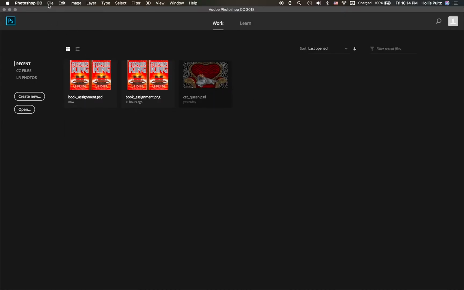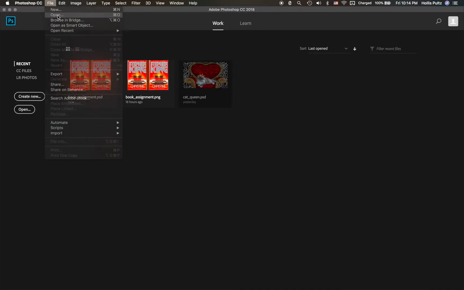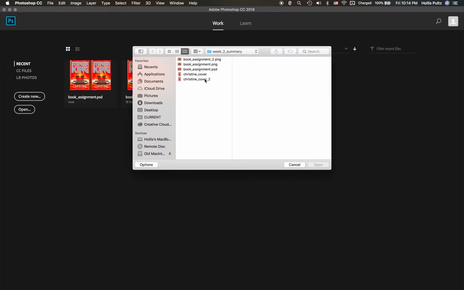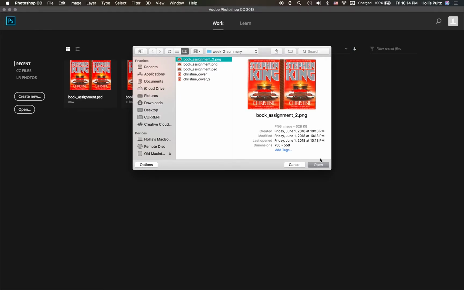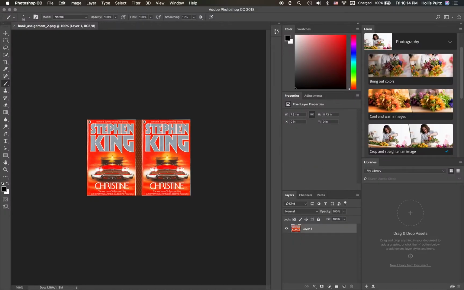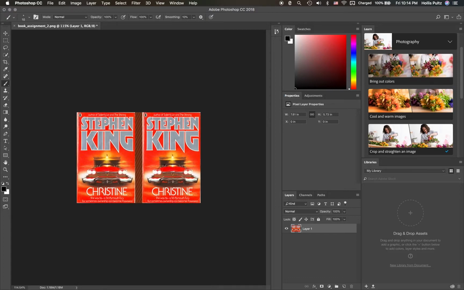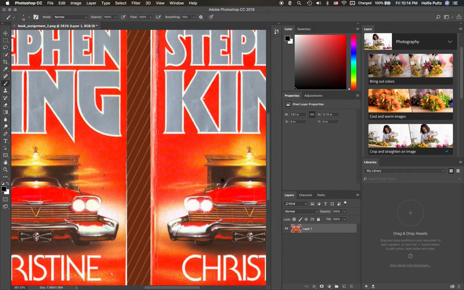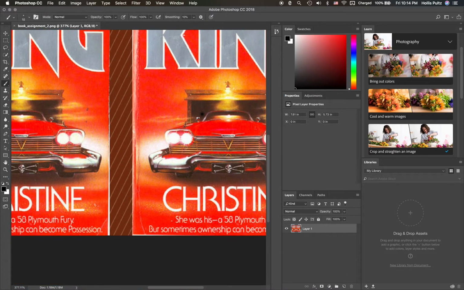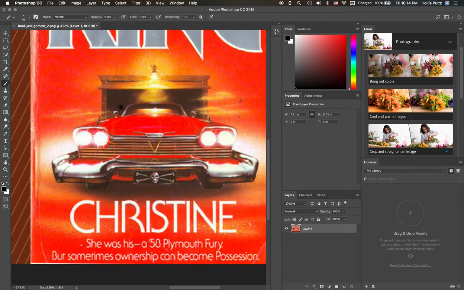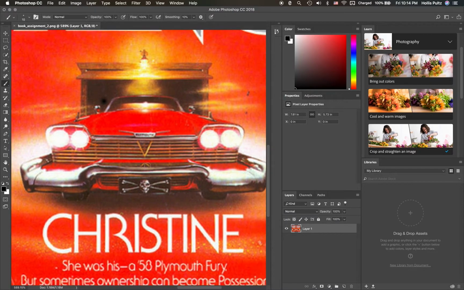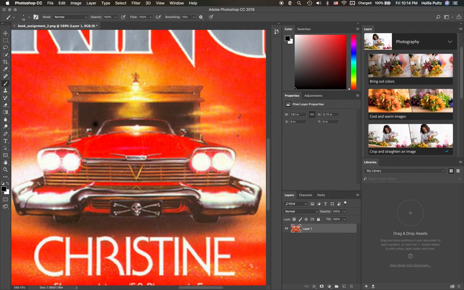We're going to start fresh. So we're going to open book assignment to PNG. Open. So now we've got this lovely picture here. Let's go ahead and zoom in a bit. So since we want to go with this theme of internal combustion engines not having been a thing, so here